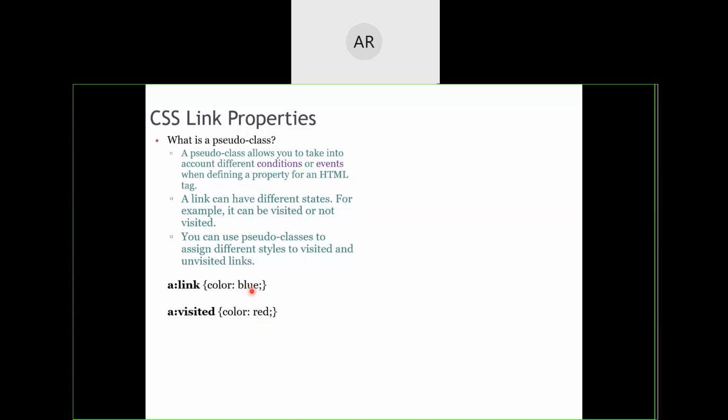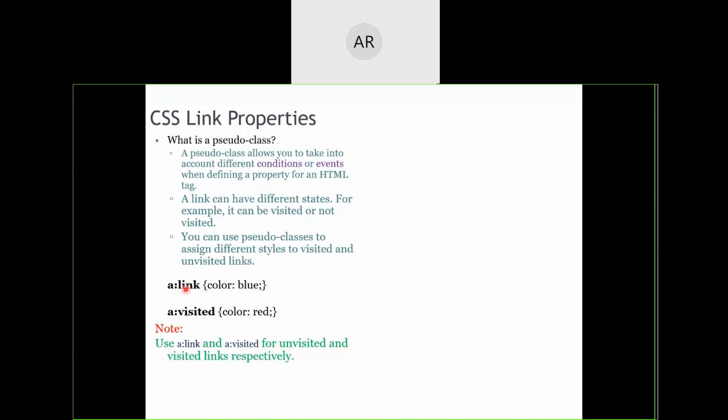The normal link, which is not visited, will appear in red if I mention red instead of blue. If I mention yellow, the link will appear yellow. And once you click it, based on the property value that you have specified here, red, it will get converted into red color.